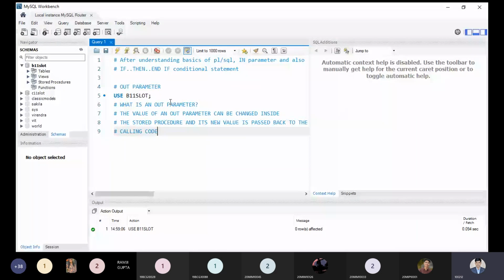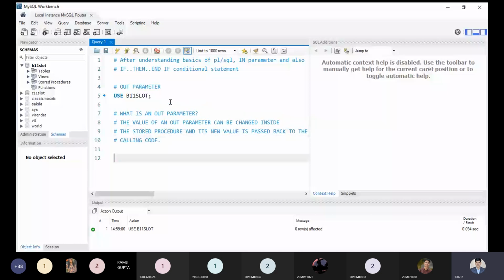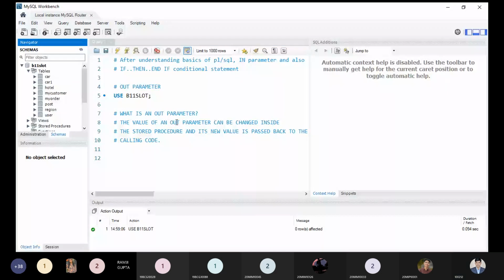So what is the OUT parameter? It is a better idea to understand this concept with the help of an example. But before that, let us see how many tables we have and from which table we will work. In this slot, we have car, hotel, my customer, my order, and post. Let me execute the hotel relation and see what we get.